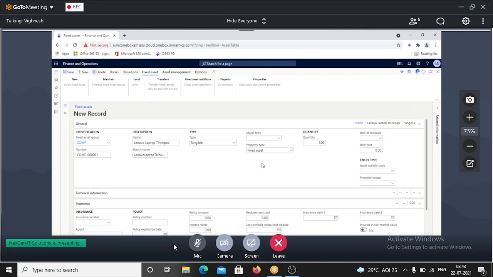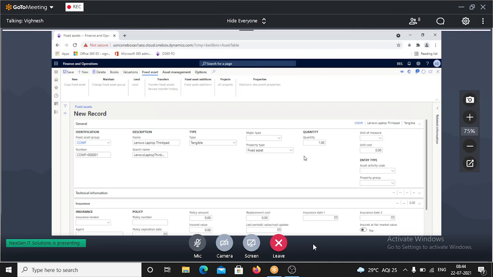For better tracking purposes, companies normally prefer a separate asset number for each quantity. But Microsoft is still not providing any solution for this. Every client asks for this requirement when we implement this functionality, and we have to customize it. So even in an interview,